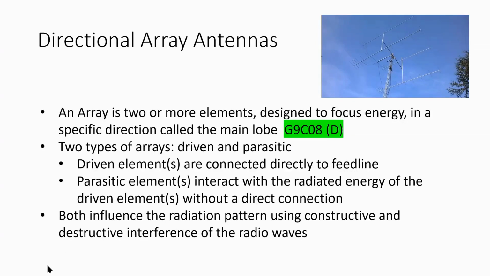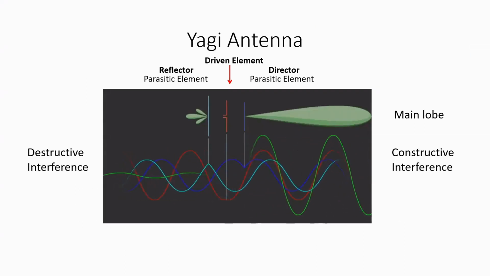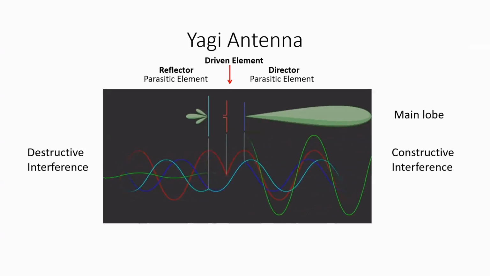And you've got two types of elements in an array antenna. You've got driven elements and you've got parasitic elements. You can have multiple driven elements or multiple parasitics. These elements influence the radiation pattern. And I hadn't run across these terms before, constructive and destructive interference. But I found this really cool graphic that I hope you enjoy, that will visually demonstrate how,